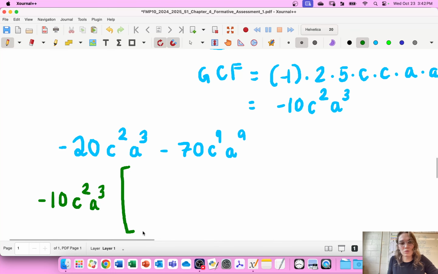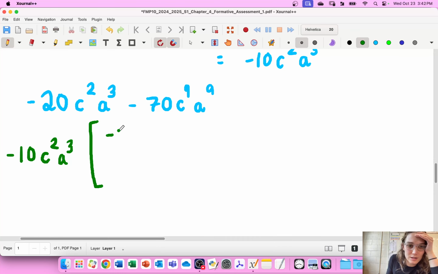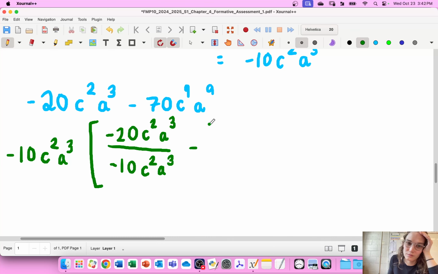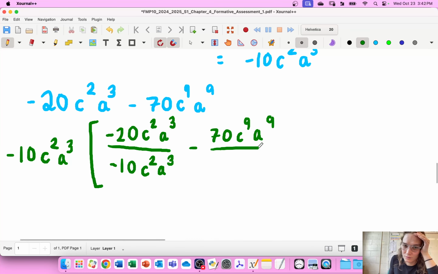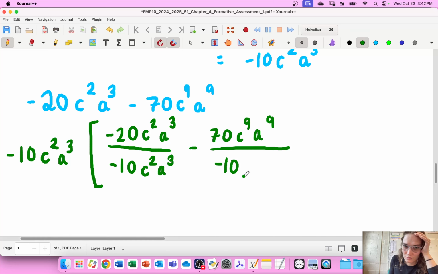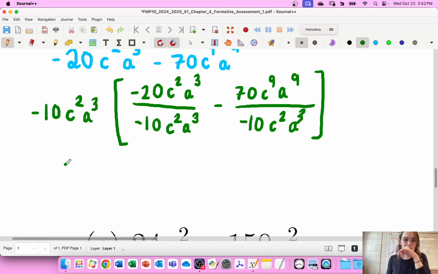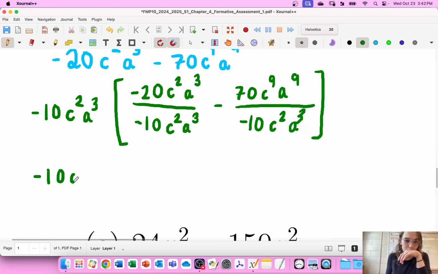And what I need to do inside the brackets is basically divide each term by that GCF. Okay, so all of that to say that we end up with